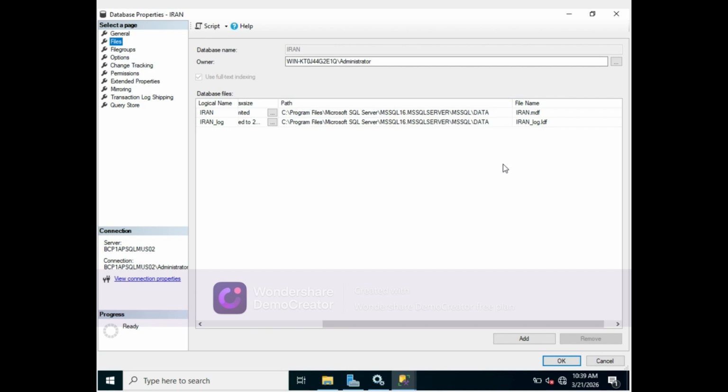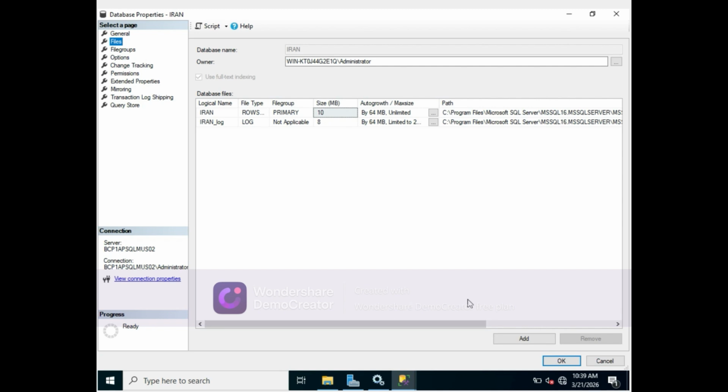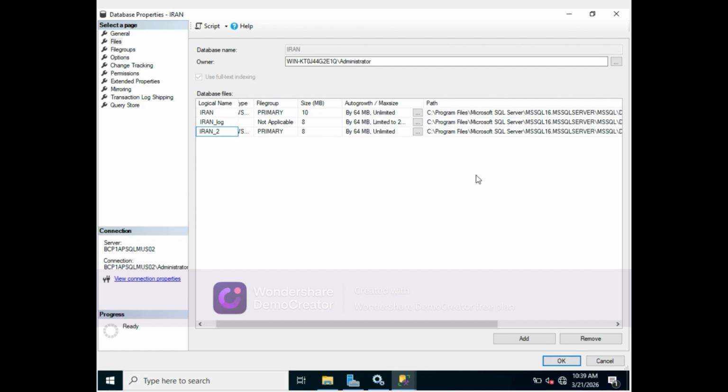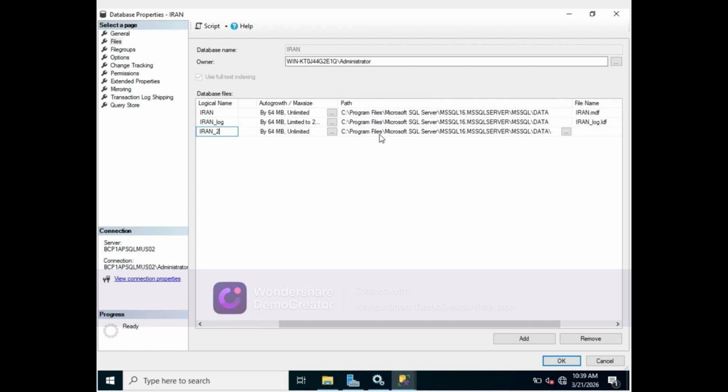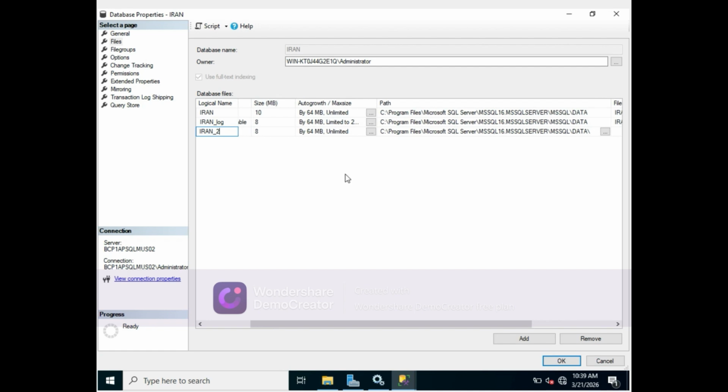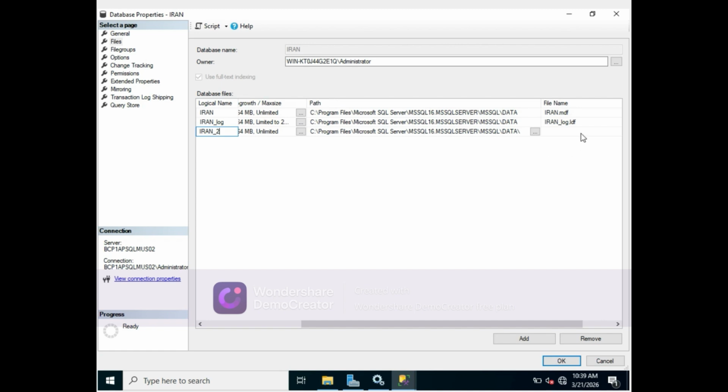Now if you want to add another data file or log file, how can we add? Click over here, Add. A new row comes, and we can write Iran 2 and keep it as a data file. Now it takes the same path. If you want to customize the auto growth, the file size, we can do anything. Here the file name is not showing. If we click OK,